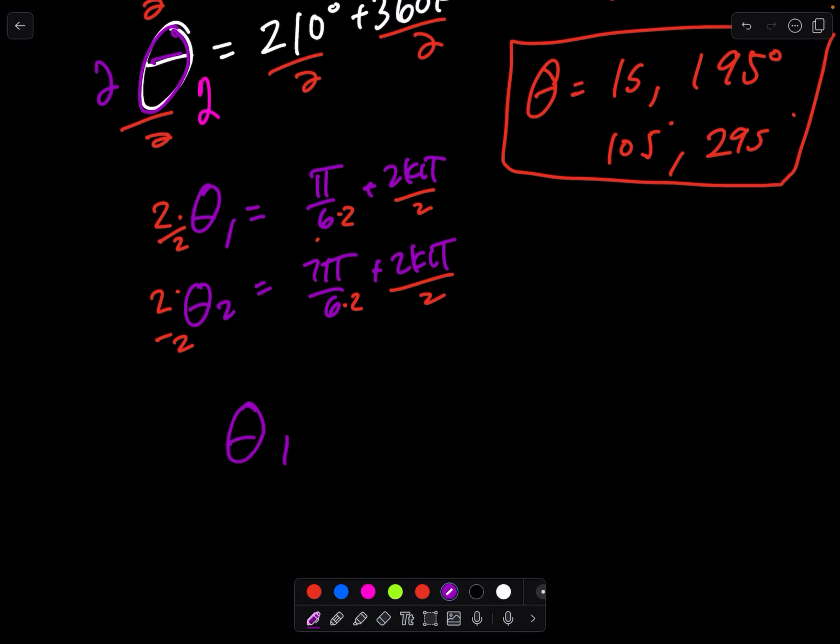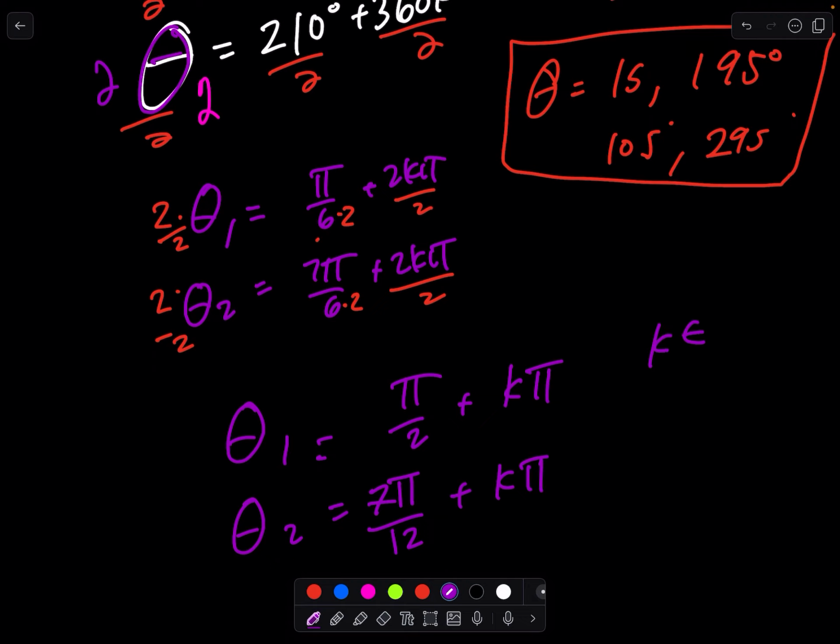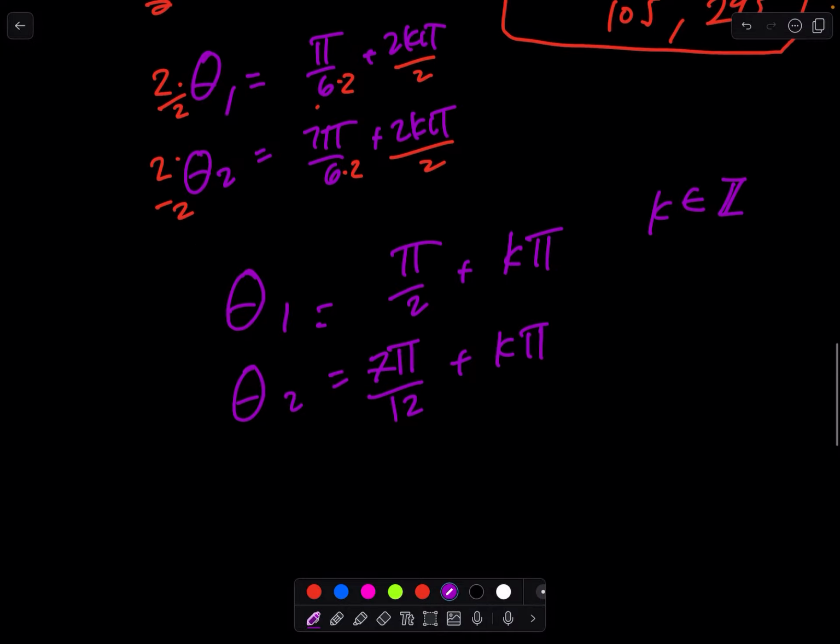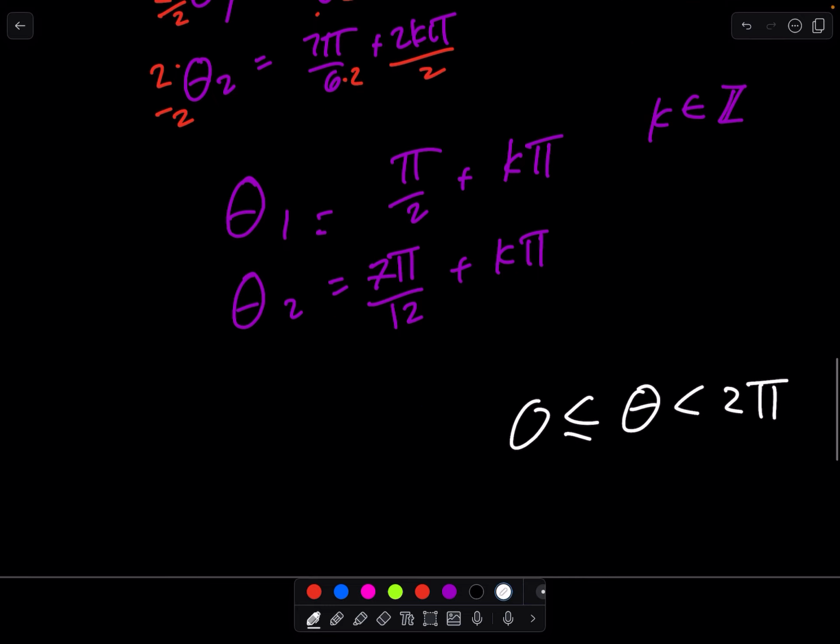So our theta 1 is really a pi over 12 plus pi, aka 180 degree multiples, and we also have a 7 pi over 12. Dividing by 2, multiplied by 2 in the denominator. We also have our k pi multiples again, where k is an integer, 0, -1, 5, 4. That's the general way to say it, but if you need to wedge your theta between 0 and 2 pi,